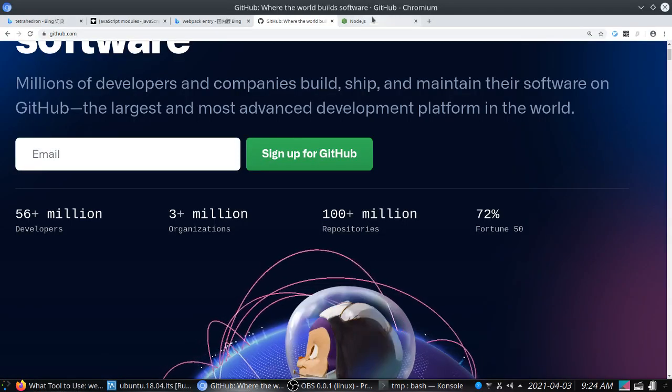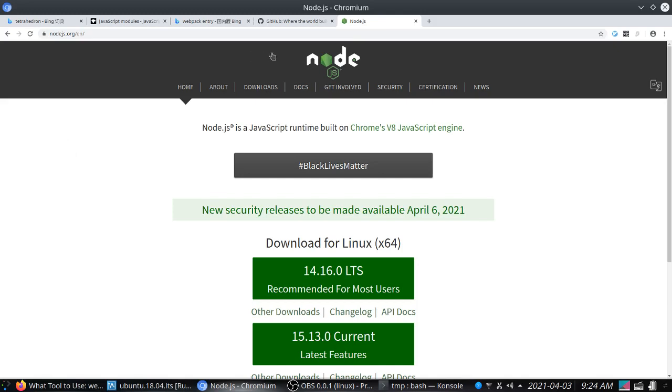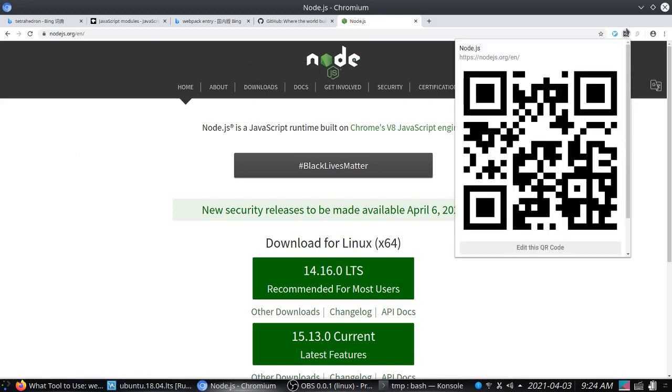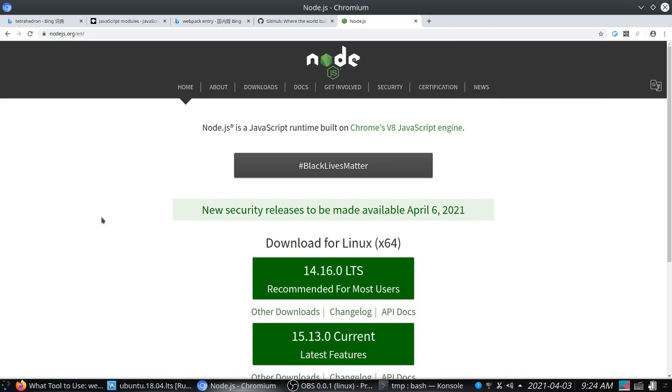I should have a Node.js. Their website is nodejs.org. I show you the QR code. You can go to their website to find more information about Node.js. Node.js is wonderful. Node.js at first used the